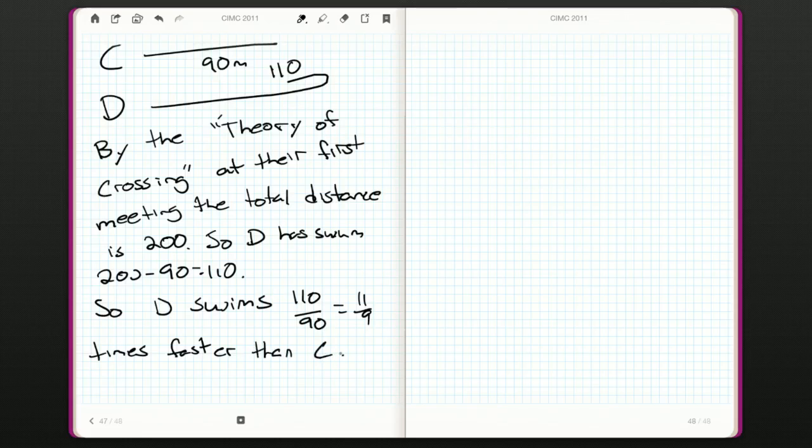We might not have known when they first met. We might have had to do another 200n plus whatever argument to show that they really do have to meet at 110. So our theory of crossing has already given us just a little bit of a benefit. So if we want to know how many times they cross before they first meet again at S, we need to know